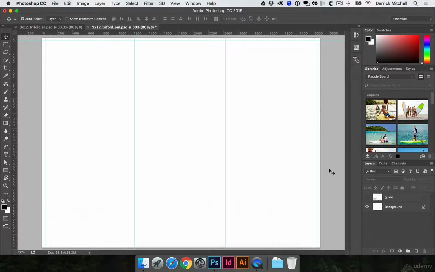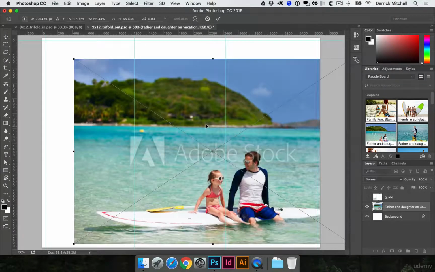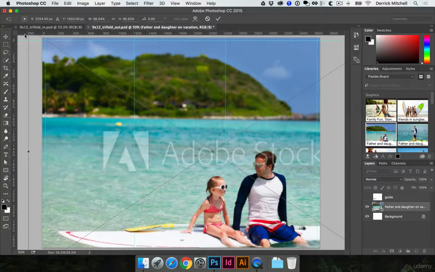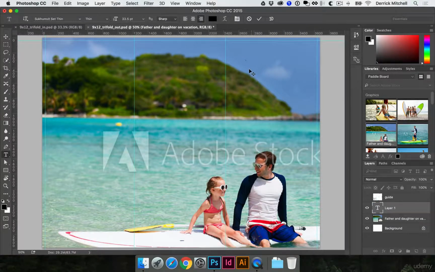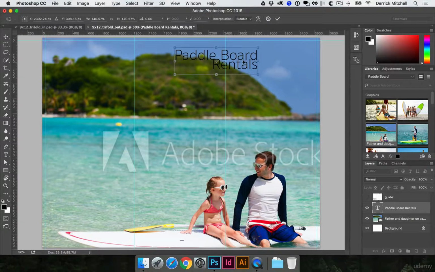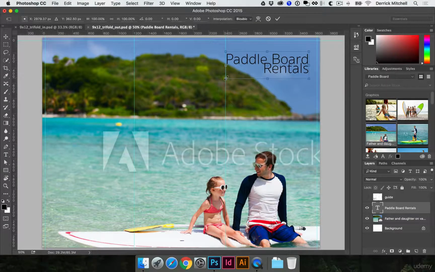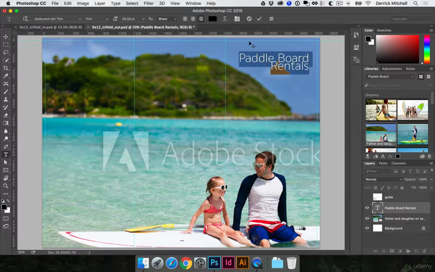I could start designing, and there's a lot of ways I could go about it. Maybe it's just dragging in one of these photos and scaling it up a little bit, maybe putting a title in here, or paddleboard rentals. And you can get the idea real quick how you can start to build a custom brochure going about it this method here. When it's all said and done, we could simply export this and send it to press,